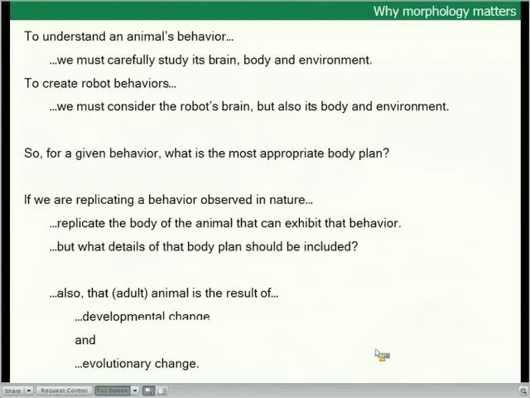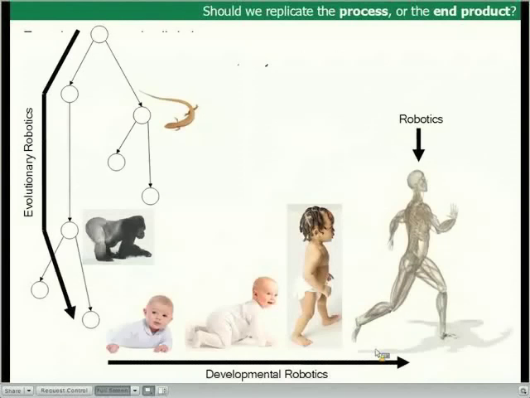So that observation leads to another kind of question, which is, what are we trying to replicate? Are we trying to replicate the end form? Are we trying to build a humanoid robot, in which case are we just going to focus on the adult form of the human body? Or instead, perhaps we want to try and replicate the developmental process. So as you're all aware, there's a large